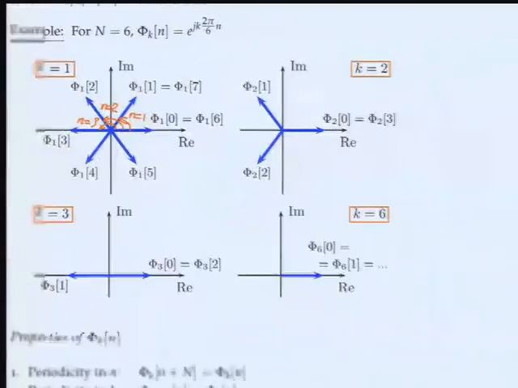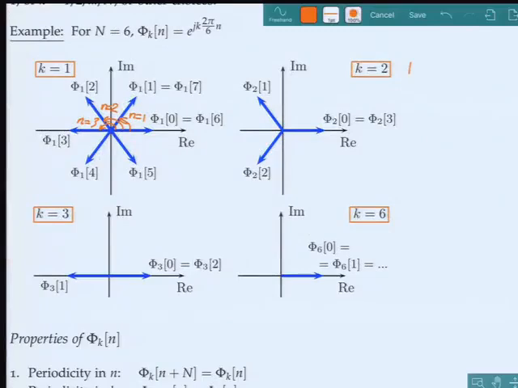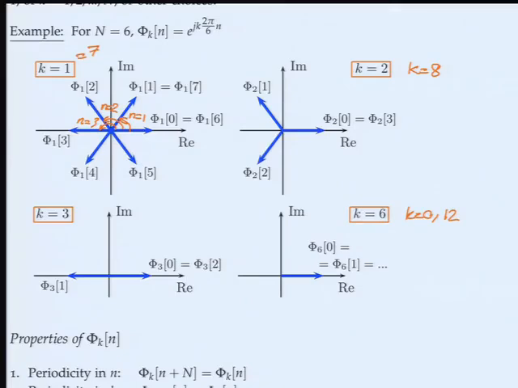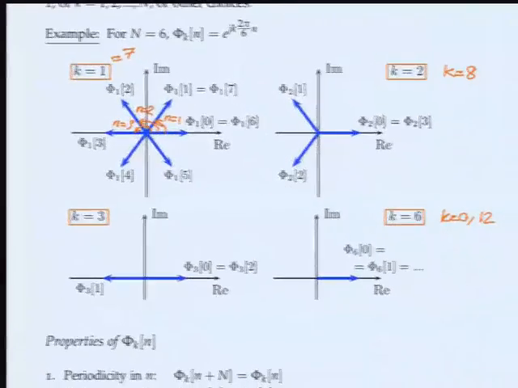And so I would get a constant signal like this. All right, so this picture summarizes a lot of things. If I were to take k equal to 8, it would have looked the same. If I were to take k equal to 0 or 12, it would have looked the same. If I were to take k equal to 7, it would have looked the same as this. So that's the periodicity of these functions. They are not only periodic in the time argument little n, they're also periodic in their indices k. Therefore, we only need n of them. In this example, 6 of them will be enough.